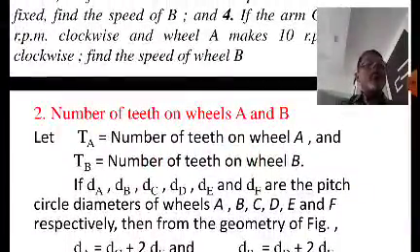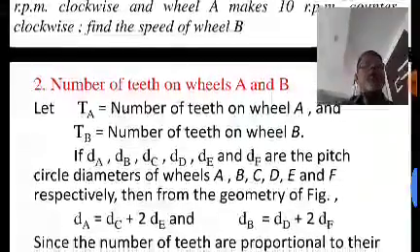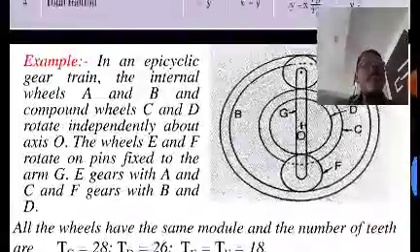now let TA be the number of teeth on the wheel A and TB the number of teeth on the wheel B. If DA, DB, DC, DD, DE and DF are the pitch circle diameters of the wheels A, B, C, D, E, F respectively, then from the geometry of the figure we can write